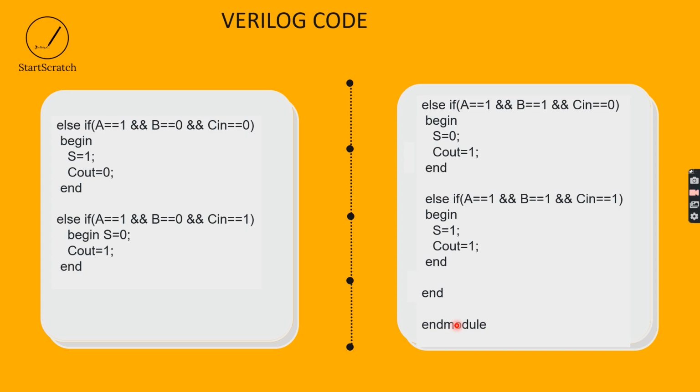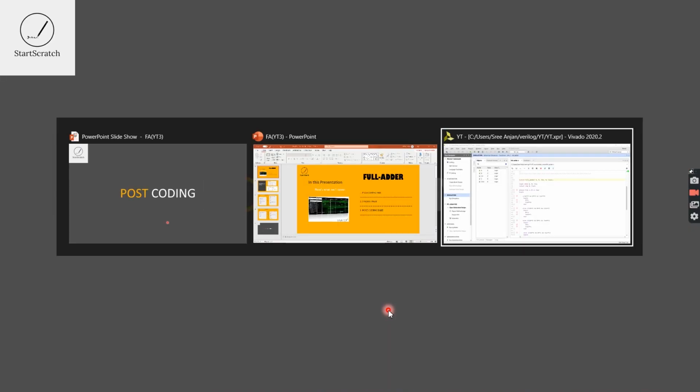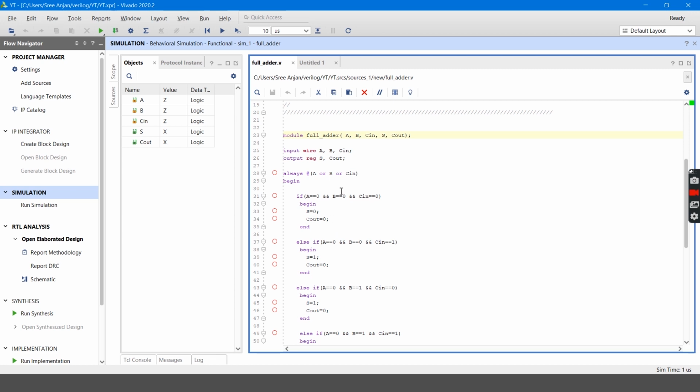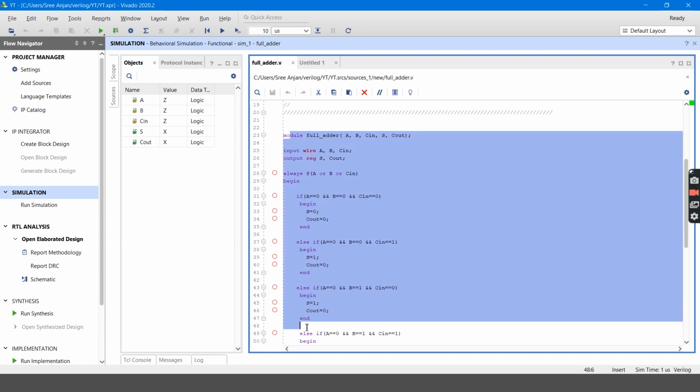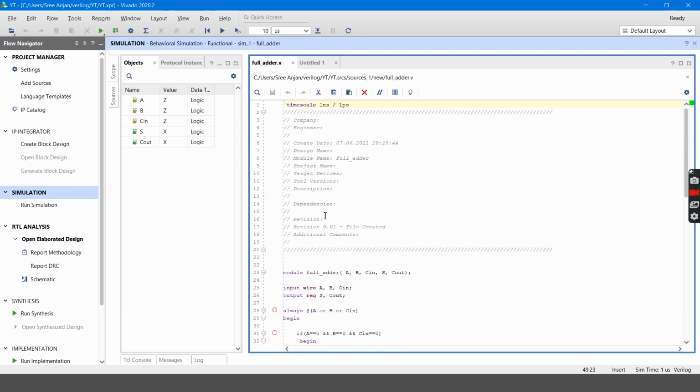Now let's move on to the post coding part, that is going to the interface of the Vivado tool. Here in the interface you can see the code which I have written in the presentation, the whole code.